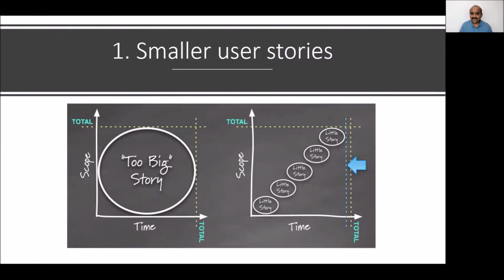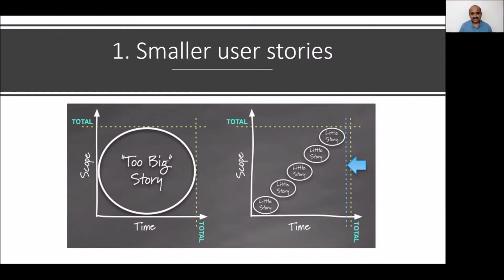Or in some other scenario, people come back and say, I am prioritizing 40 story points worth of work for the sprint. They think that 40 story points worth of work alone can be done and they can showcase the same value to the end user. That's what the product thinks. But friends, I'm telling you, if you fit a big user story in a sprint, the reality won't be like that. The reality is